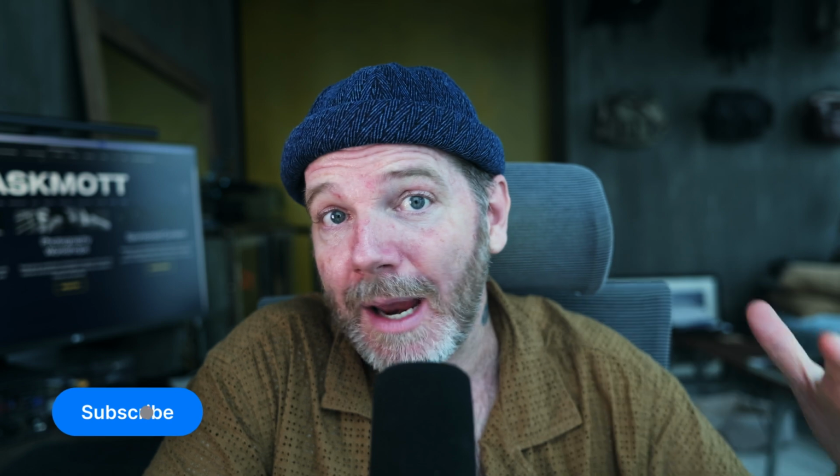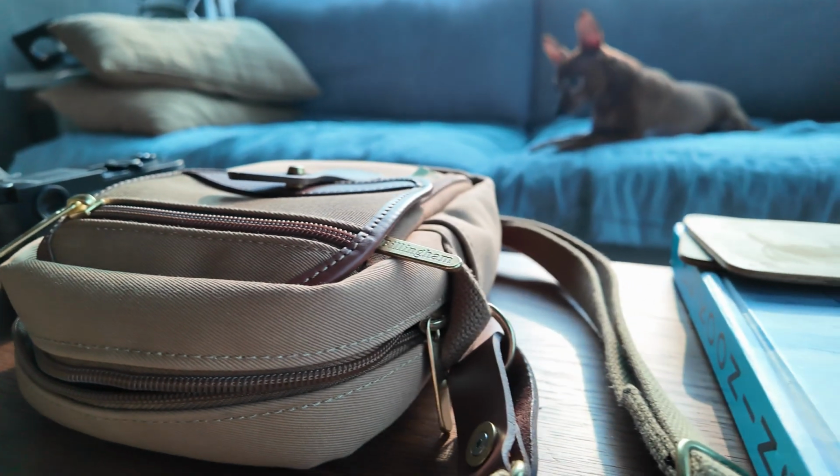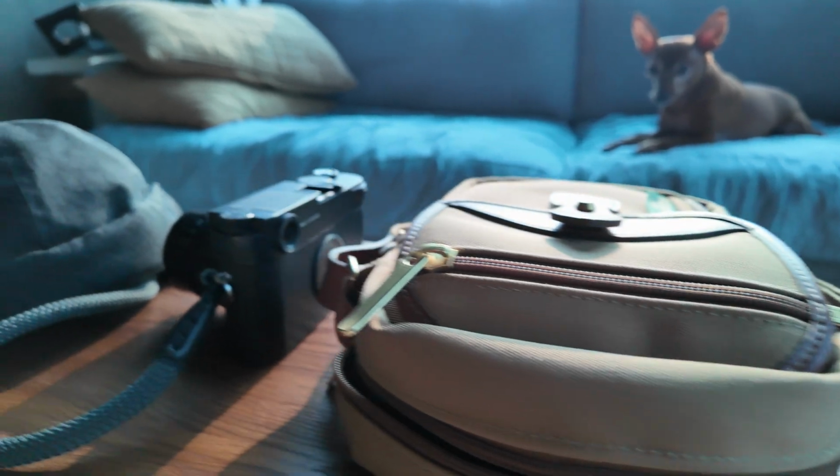There's no padding, but honestly, with the weight that you're going to put in this thing, you don't need padding here, so I don't mind the simple canvas strap just as it is without padding. As far as the padding that comes with it, it doesn't have camera inserts because, again, it's a travel bag / camera bag, but the bag itself is padded enough to give it structure, which I really like, also to protect your gear. I feel very comfortable putting my expensive Leica M10D and my M series lenses in here, no problem